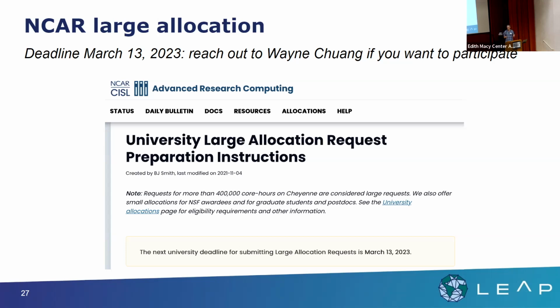That needs to be led by somebody outside of NCAR. So the idea is that over the next month or so we're going to start trying to collect information about what computing needs people have, as we run up to a March allocation request. Initially, let's run some of that discussion through Wayne, our new integration engineer. If Wayne has questions about how to deal with it, he can work with me to figure out how that allocation works.